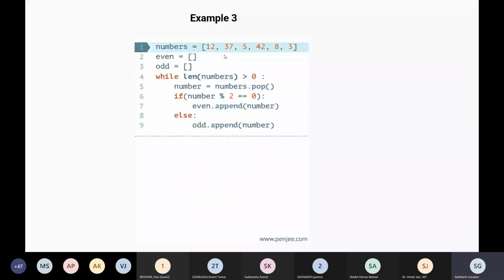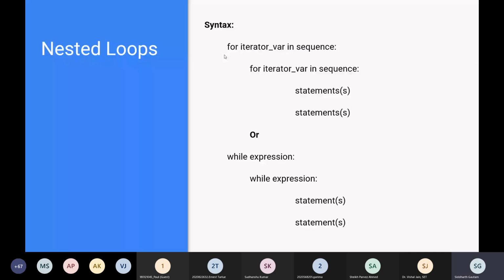Yeah, I have a question. It's about the for loop and the while loop. When we use a while loop, usually we have to write the incrementation manually, right? It depends. If your while loop depends on a numerical condition, then you have to take a condition which is incremental.